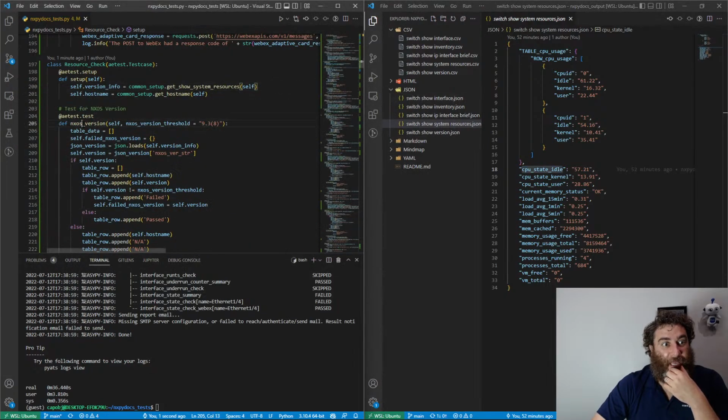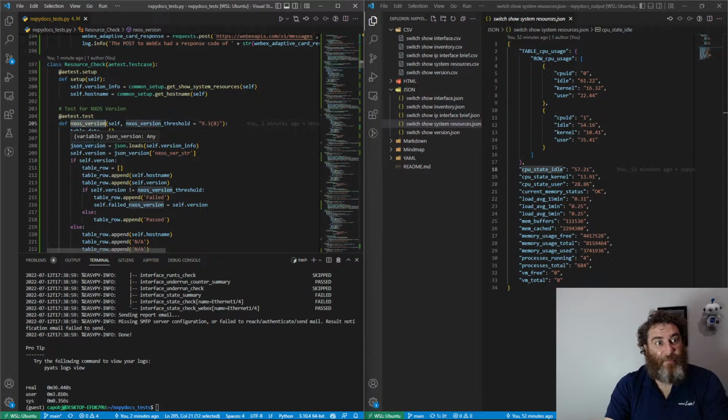So we're going to say, for the name of the test, CPU state idle, and the CPU state idle threshold is going to be 15. Right? So then failed CPU state idle,